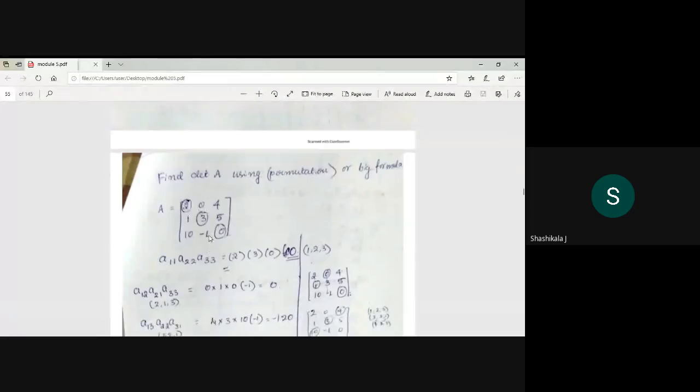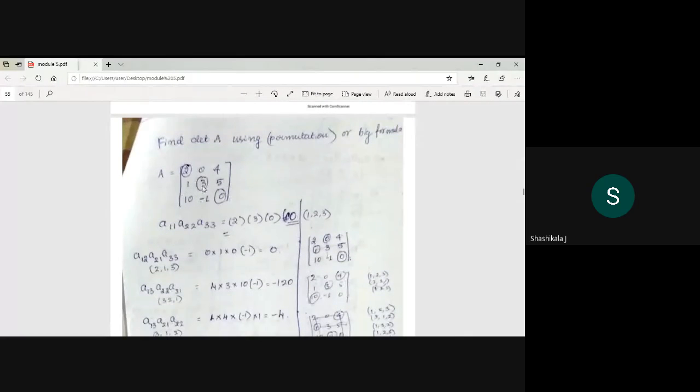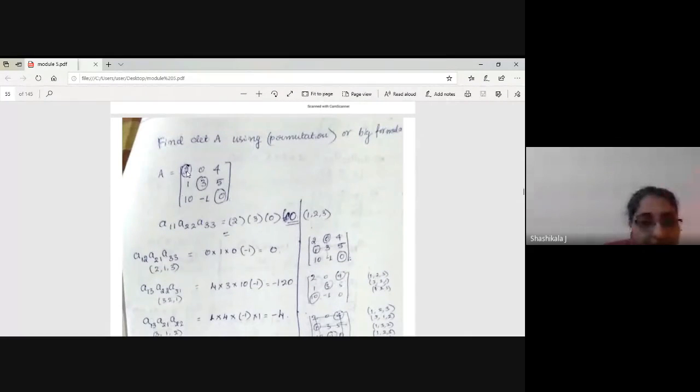Next, I take this row and this column, but the other combination is this 5 and the minus 1. The rows are 1 2 3 and the columns are 1 3 2, against the identity columns 1 2 3. Here it is an odd number of changes, so it is minus 1, so it is minus 10. Next it is 0, and I have to leave that column. Anyhow that matrix, whatever you take, will be 0.